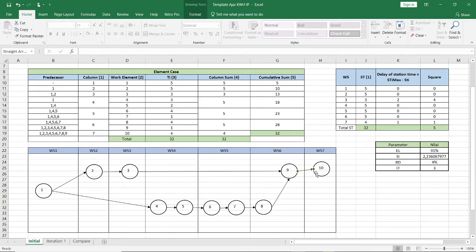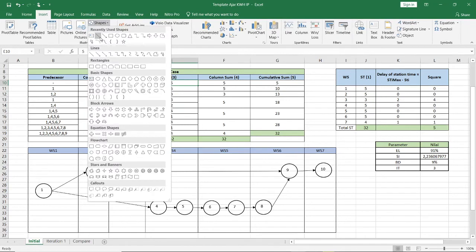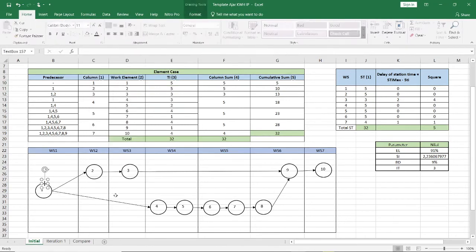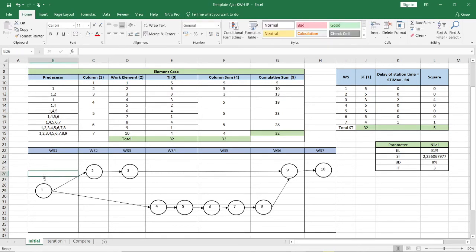Okay. And the last part from this section is you must give the time. For example, I will give the time using the text box. Like here. For the first work element, it has 5 minutes. And then the second work element is 5 minutes too.